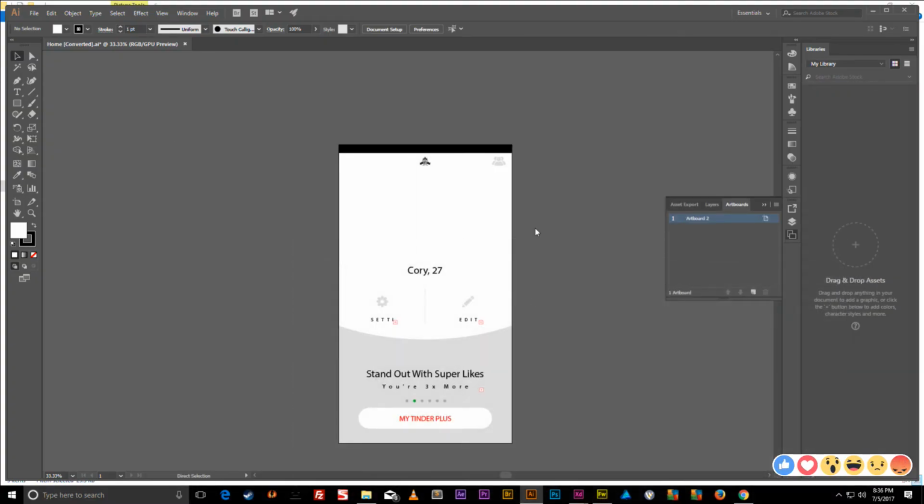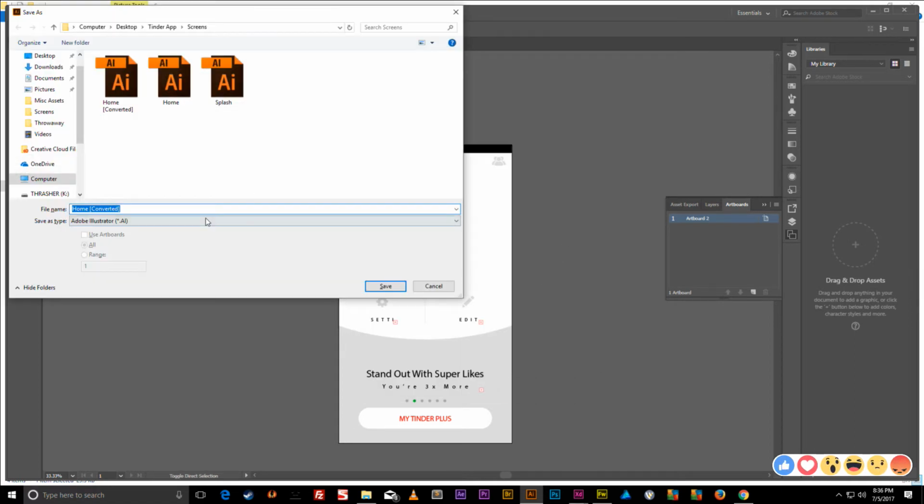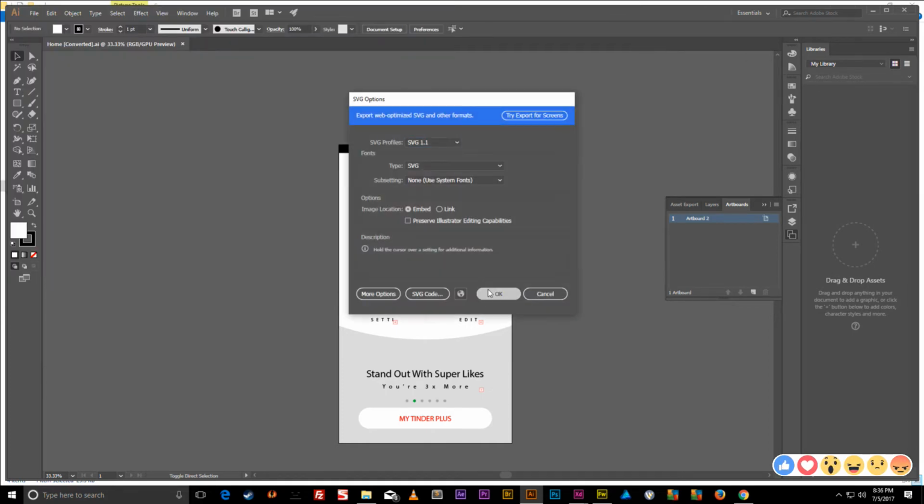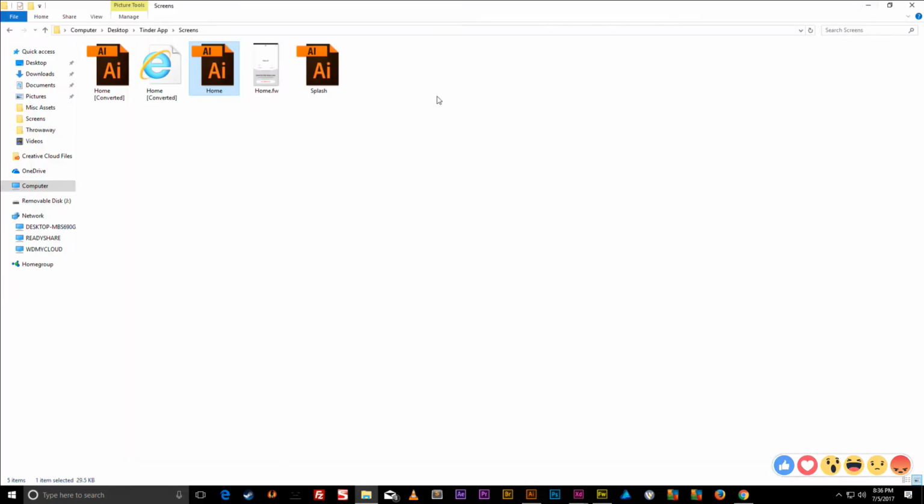So I'm going to go and save this. We're going to save that same Illustrator file. Then we're going to hit Control Shift S to save this as an SVG. Now I don't know how well this is going to work with an SVG, but we're going to try it